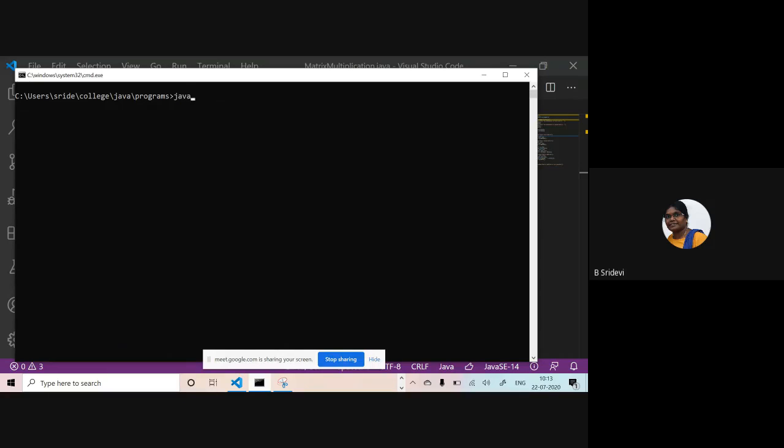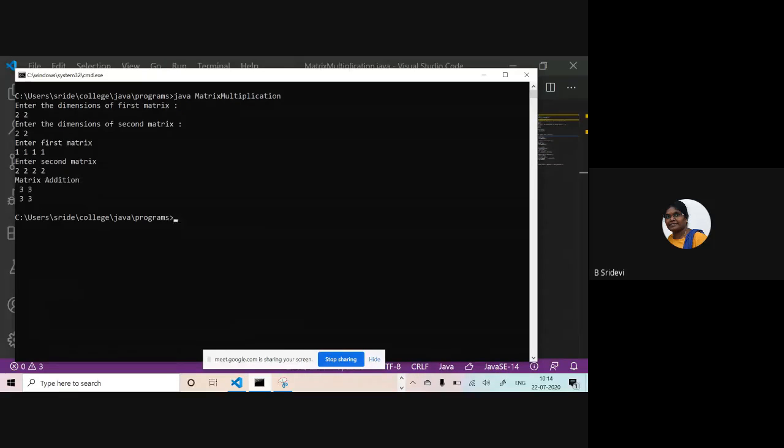We'll run it. Enter the dimensions of first matrix. Okay. Enter the dimensions of second matrix. I'm giving in a single line so that you can see in a finer way. So 2 cross 2 and 2 cross 2. Addition is possible. So first one I'm giving as 1, 1, 1, 1. Okay. And second one I'm giving as 2, 2, 2, 2.